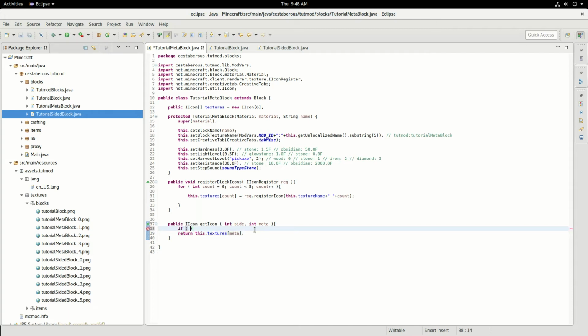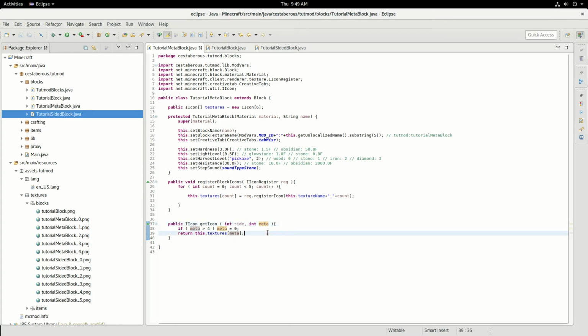So if meta is greater than 4, so if it's 0, it's okay. If it's 1, it's okay. If it's 2, it's okay. If it's 3, it's okay. If it's 4, it's fine. If it's greater than 4, so 5, 6, 7, 8, whatever, we want to automatically reset meta to 0. That will ensure that if this gets past a metadata of like 8, that it doesn't break the functionality of